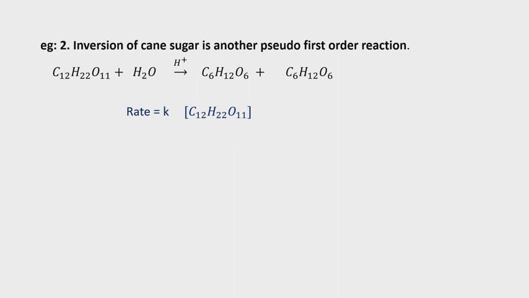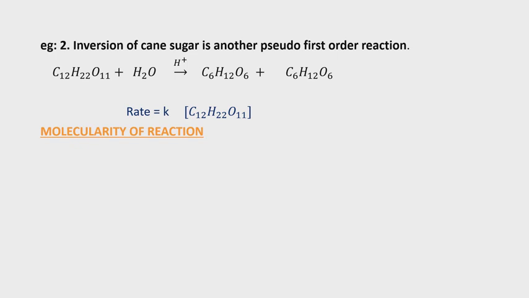Okay, next, molecularity of a reaction. Now we are going to discuss molecularity of a reaction. So what is molecularity? Very simple. One fight is going on in a classroom. Some number of students are involved in a fighting. So that number of students is called the molecularity of that fighting, whatever it may be. Here a reaction is there.